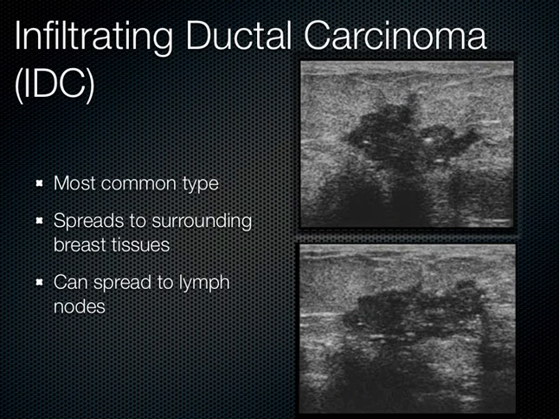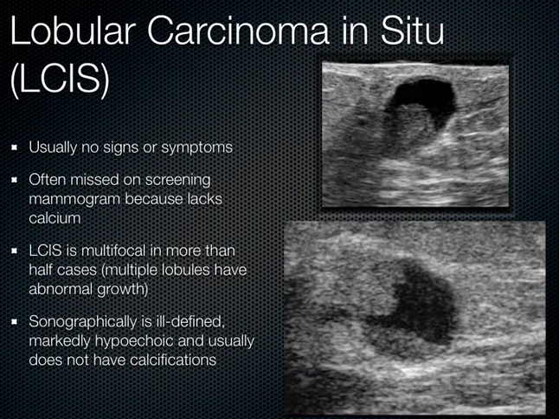Now, infiltrating ductal carcinoma is when it infiltrates and therefore spreads to the surrounding breast tissues and can even spread down into the lymph nodes. And it has these irregular borders like this. And this is sort of how it appears. Still, it's ductal. Now, when you move on to the lobular component of these cancers, you get lobular carcinoma in